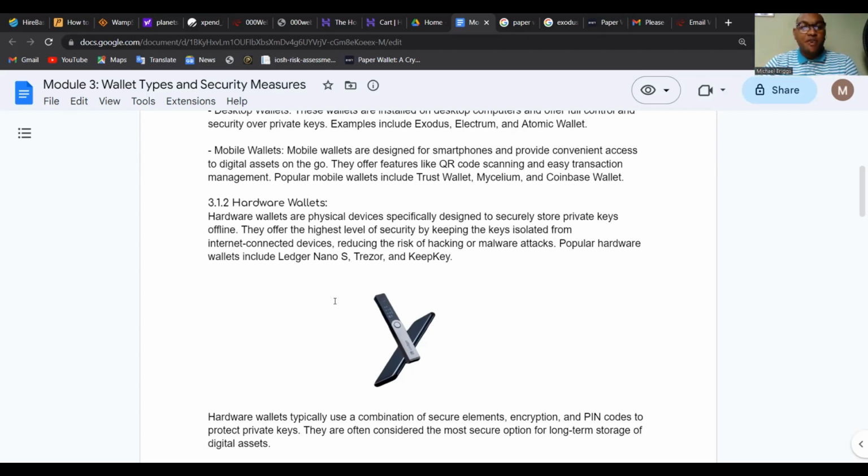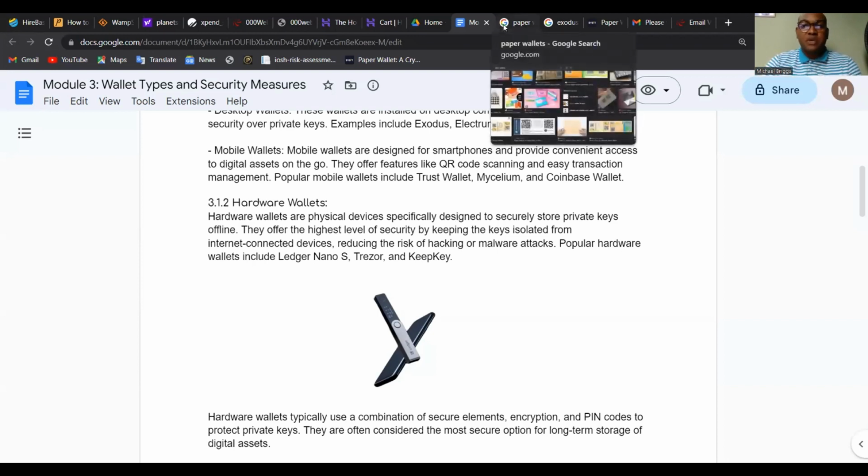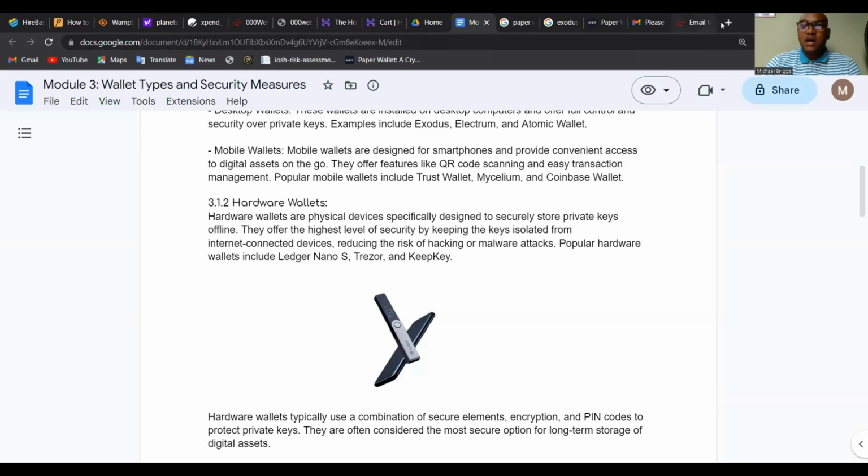So a very popular hardware wallet that we all know is the Ledger Nano. We have 2 or 3 different types of Ledger Nano wallets, and we have the Trezor wallet and KeepKey. Now, if you feel the need to own one of these, it's quite easy to do this. You can make this purchase from the official website of these wallets. So for example, let's try to make a purchase from